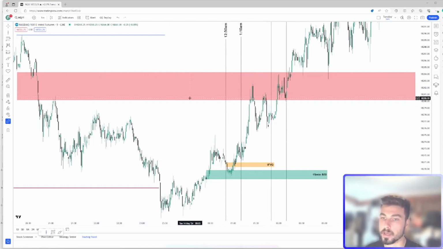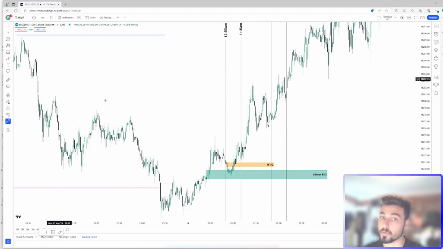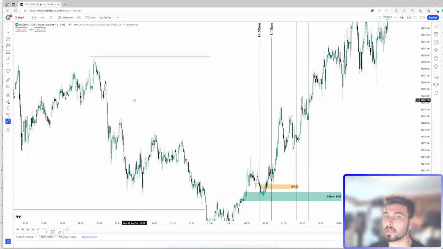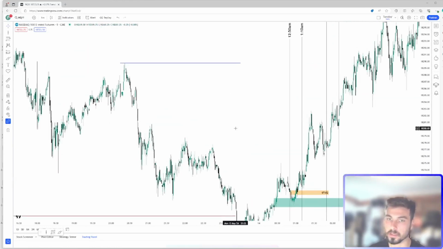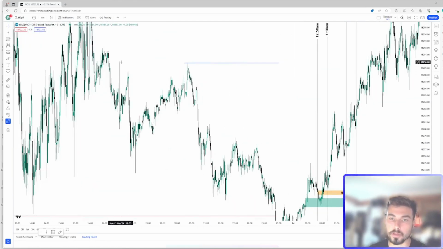This trade's already played out. We've already imbalanced or rebalanced this fair value gap. You might ask me now, okay, well, why would I enter here? Because I entered a second position here. Why would I enter a second position here if we're already halfway up the move? Here's the important factor. Have a look at this high and this high.